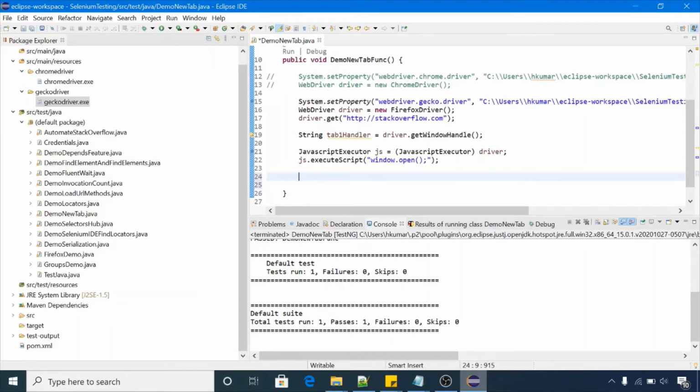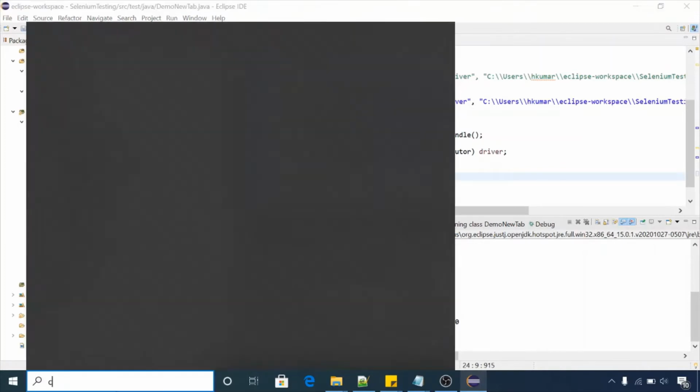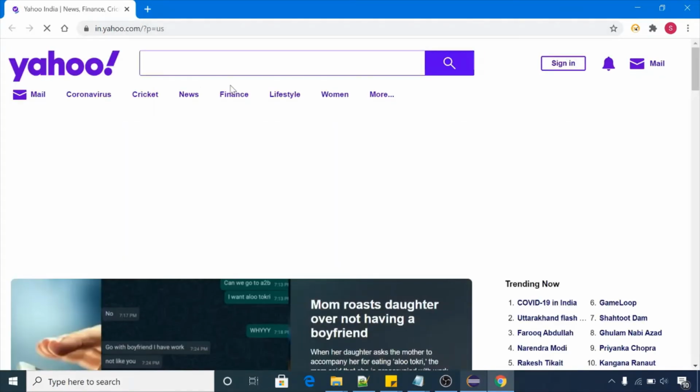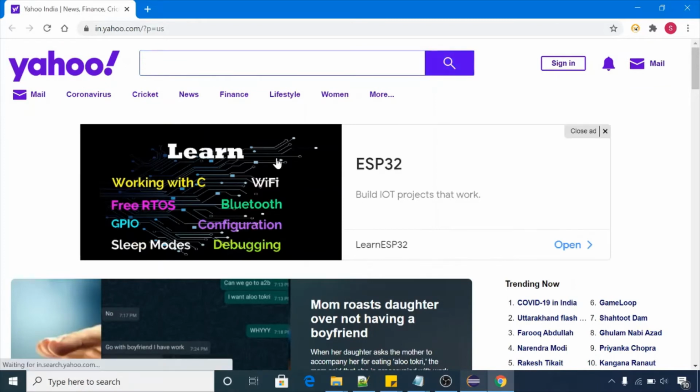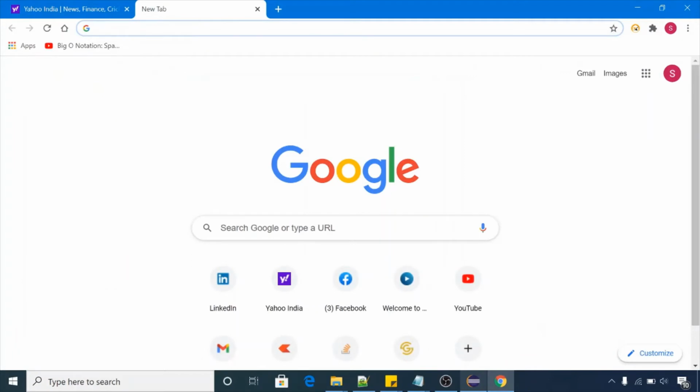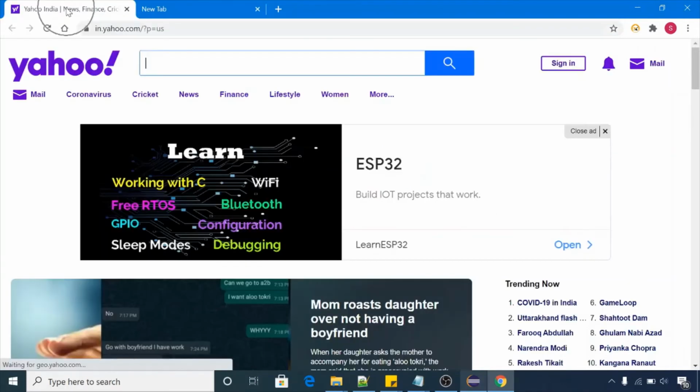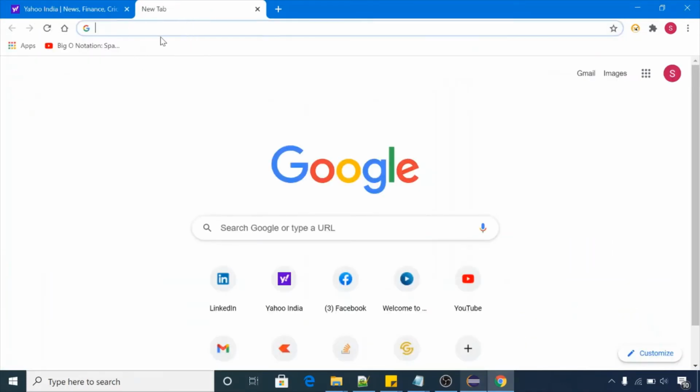Now let's see how to open some website on a new tab. Let me show you again. Let's suppose we are on the Chrome browser. In Selenium WebDriver, when we launch any site, by default focus is on this default tab. When we open a new tab, when you press Ctrl+T or send the JavaScript executor method to execute a script like window.open, it will create a new tab here. On the UI you will see that this tab is activated, but from the Selenium side, Selenium is still operating on the previous tab.